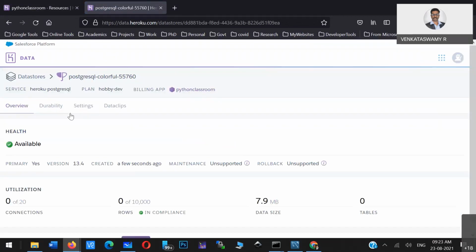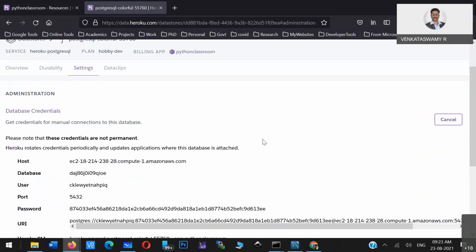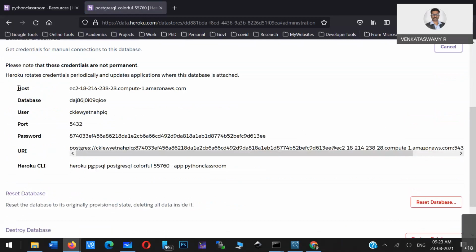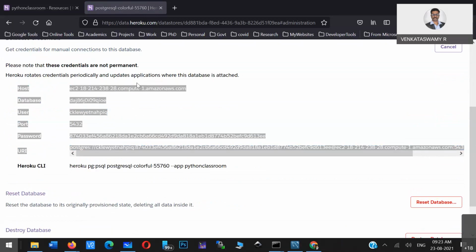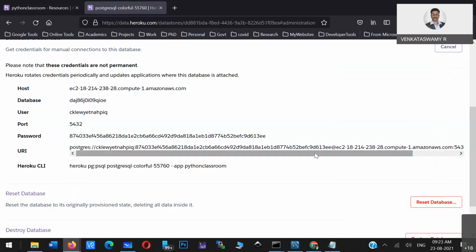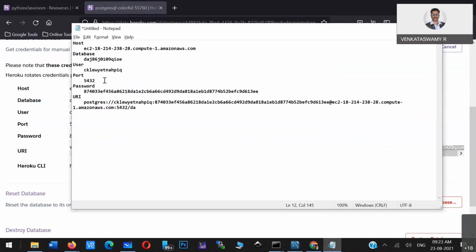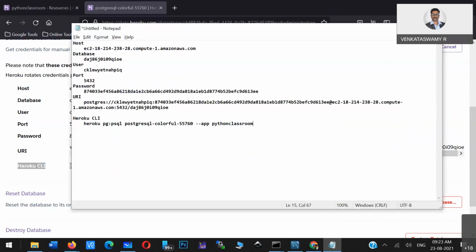Then you have to go to settings and click on view credentials. Copy these things, paste them, and keep them in any notepad. This is very important, so keep it somewhere in your notepad.